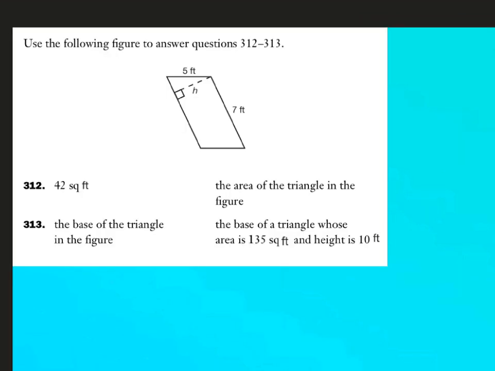Now this is a diagram given to us. It's a quadrilateral, could be a parallelogram, we don't know. But what we have to compare actually is this value 42 square feet to the area of the triangle in the figure. Now if I look at this triangle, this is the triangle they're talking about. Okay. So area of triangle is half into base into height. Now this is 90, so that 5 is the hypotenuse. Right? 5 is the hypotenuse. Hypotenuse is the longest side. Right? So I know that the height for sure is less than 5. The base of the triangle, which is this, is also less than 5.